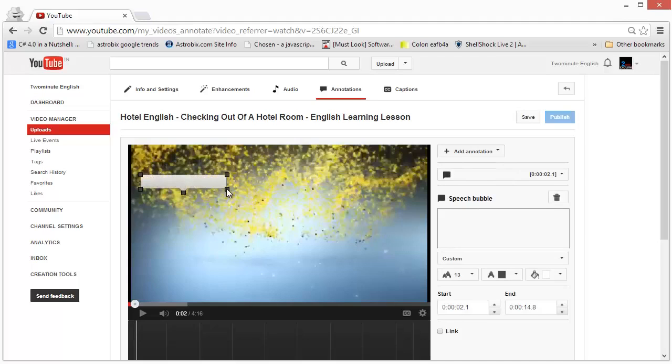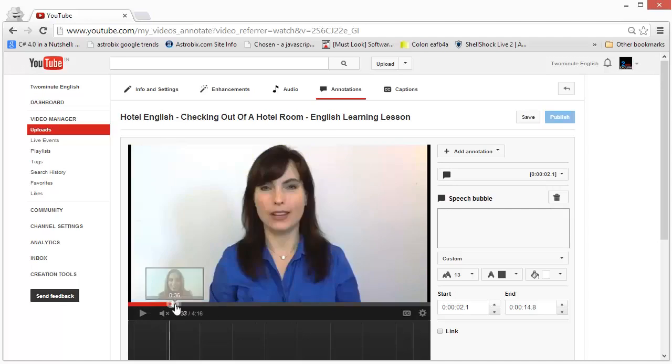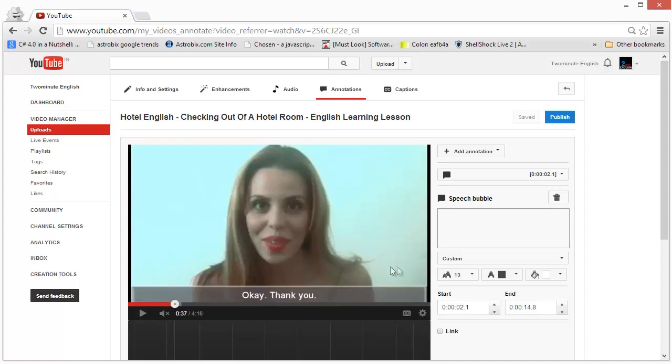The speech bubble will create a speech bubble, as the name says, and you will have a little arrow pointing to whatever direction you want. If there is something that your presenter didn't say, or something that you thought of later, or something you wanted to add, you can use the speech bubble. For example, I have this character and I want them to say something. I can add annotation, click on speech bubble, and then I can just point the arrow to them and I can type the text over here